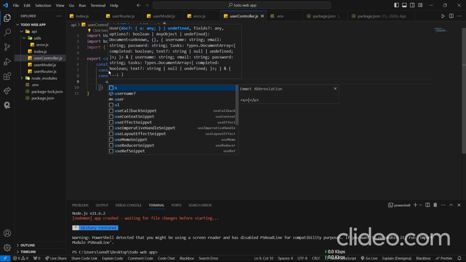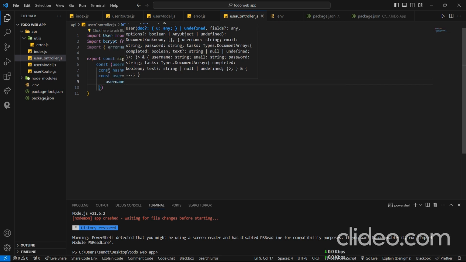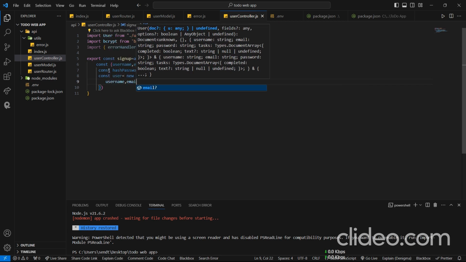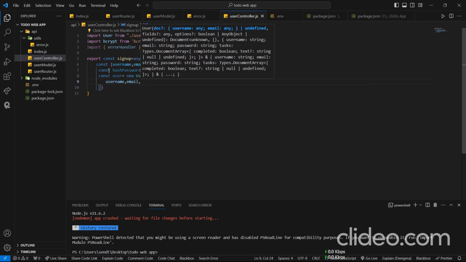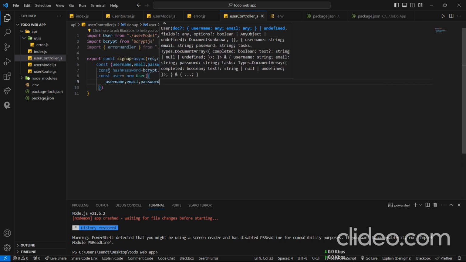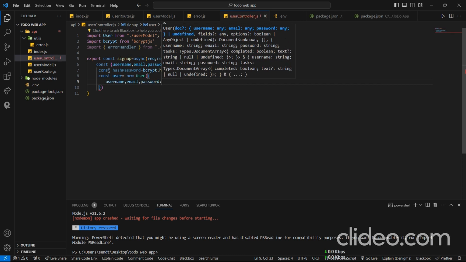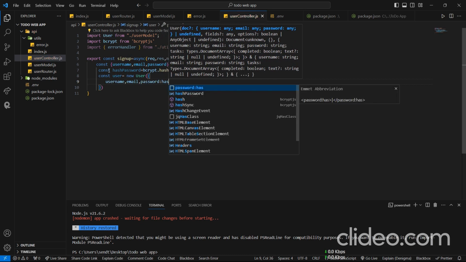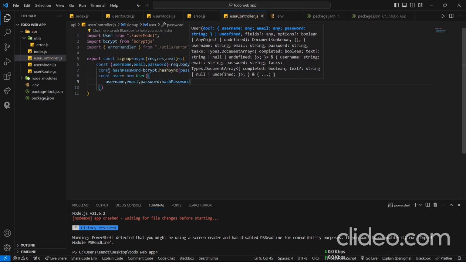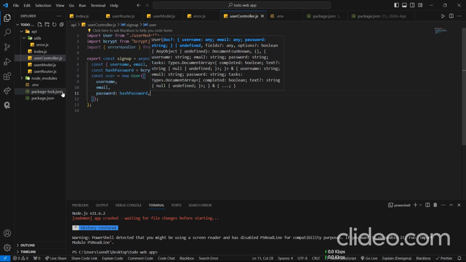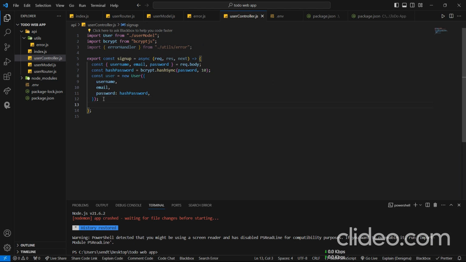Okay, that's good. Let's format it, and now we will add a try catch block to handle any kind of error. So if any error occur, we will next error, that middleware we created there, here it will handle this error if any error occur. Okay,